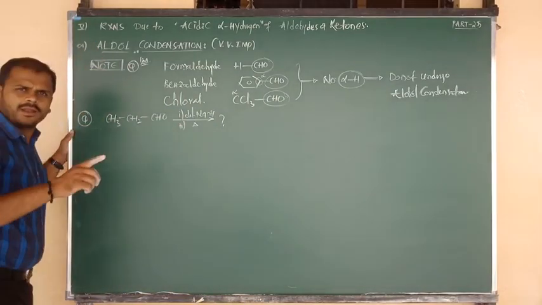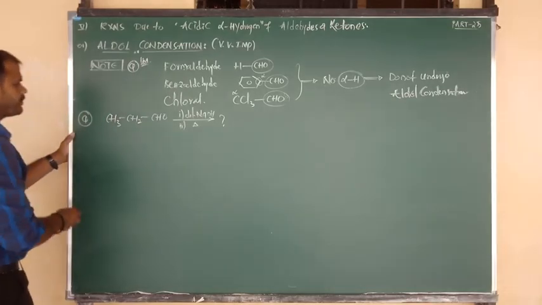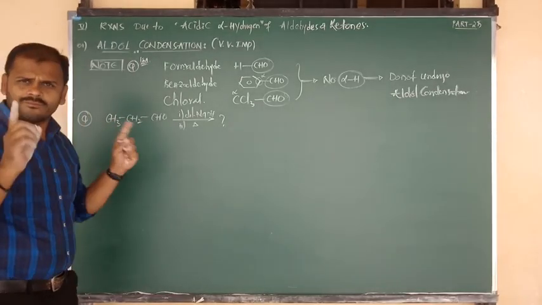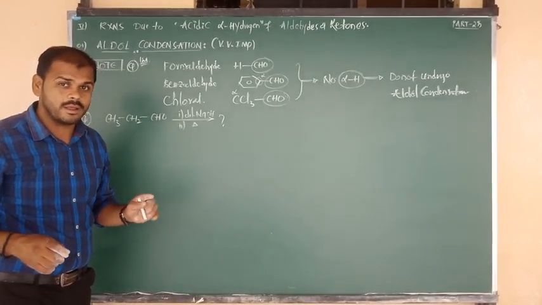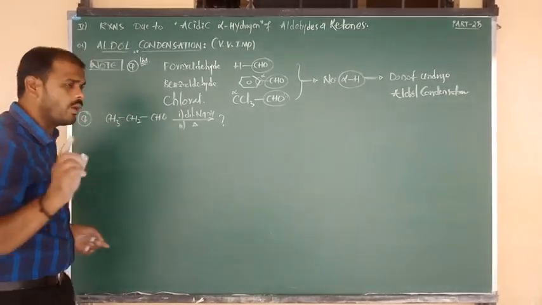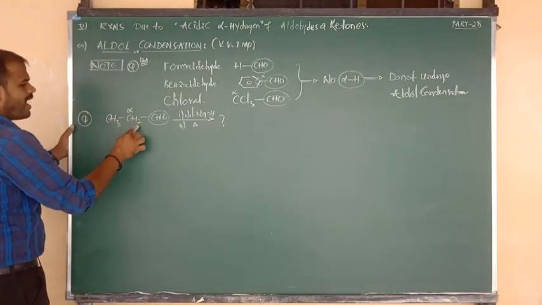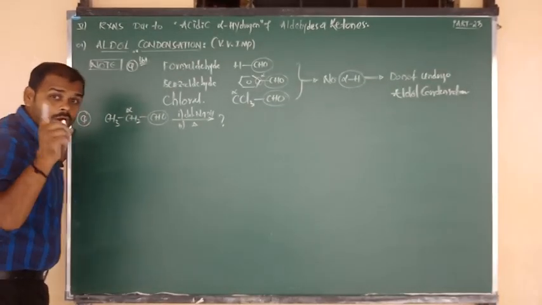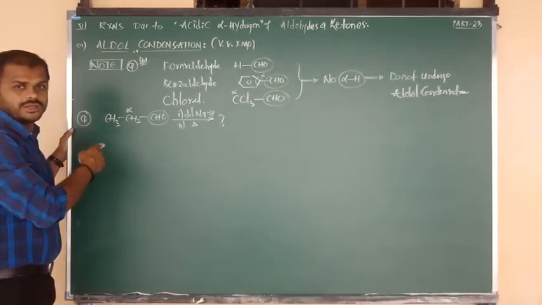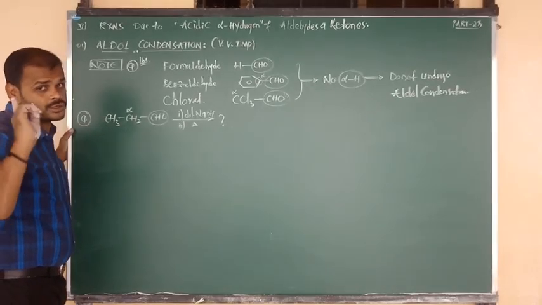So how to write the final product? Shortly in aldol condensation, that I am going to show you now. In aldol condensation, one condition you know very well, 2 same moles of aldehyde or ketone have to be considered, but they should contain alpha hydrogen. So this is the functional group, adjacent is alpha. Alpha contains 2 hydrogens, so we can consider it for aldol. But how many moles? 2 moles. As per the question they have given 1 mole. Yes, they will give you only 1 mole, but 100% you have to consider 2 moles.